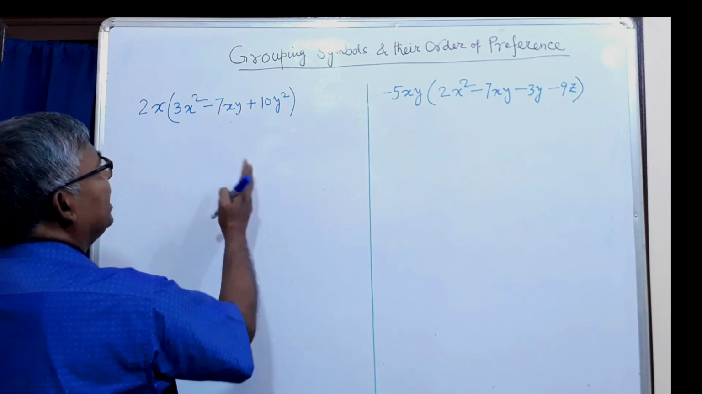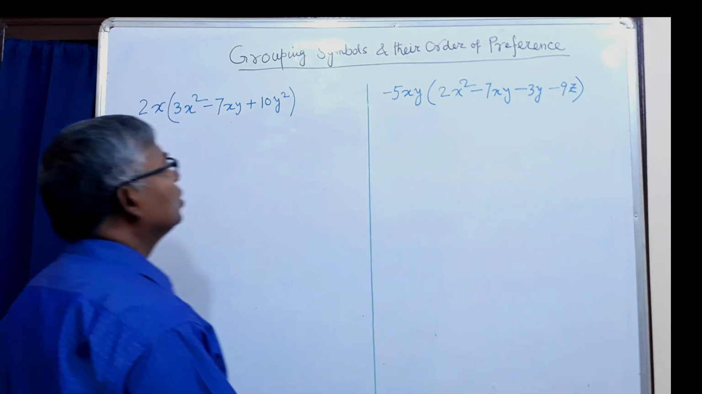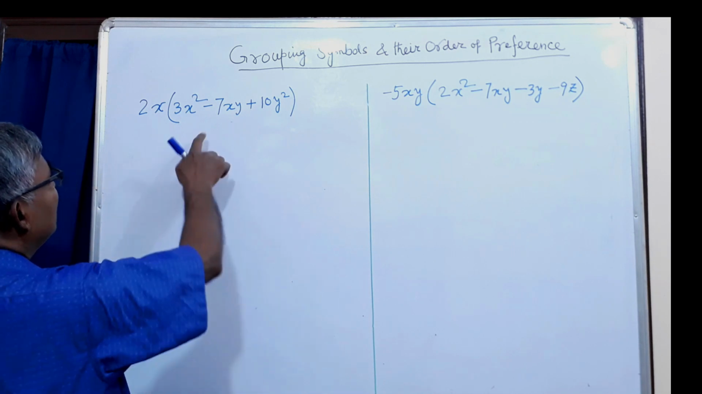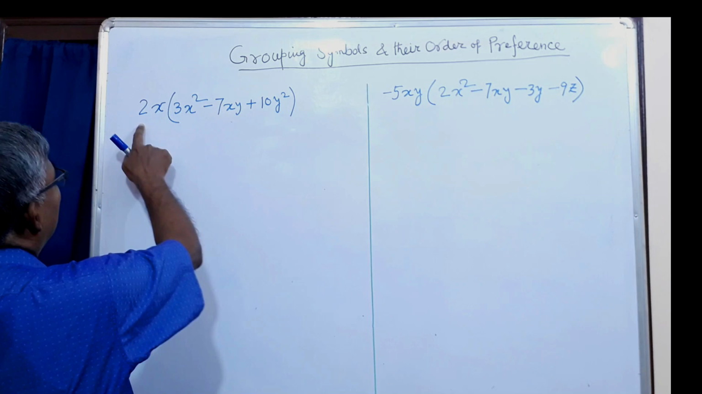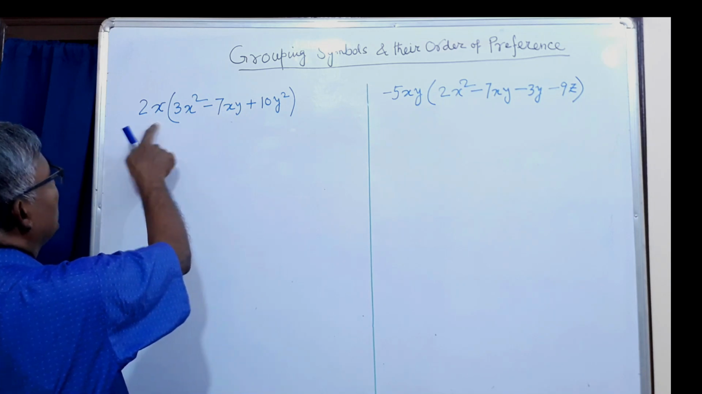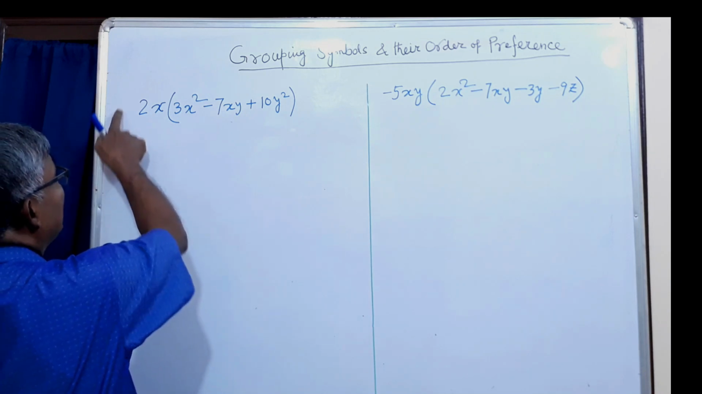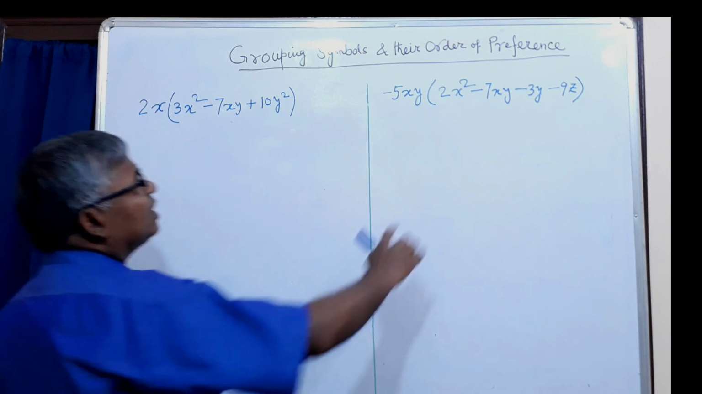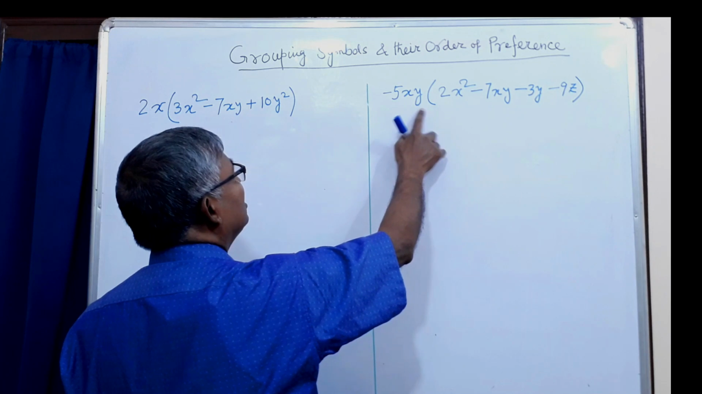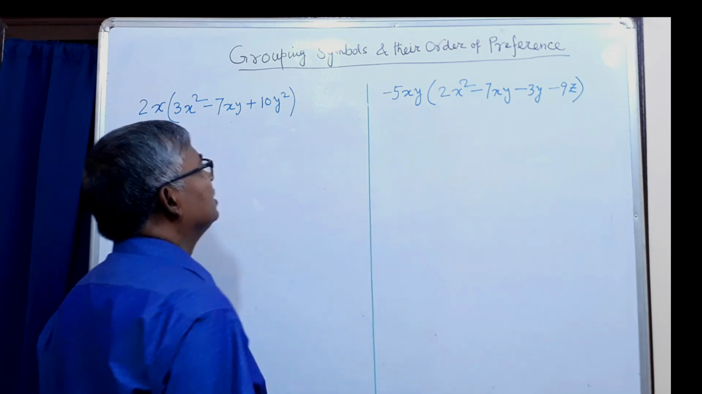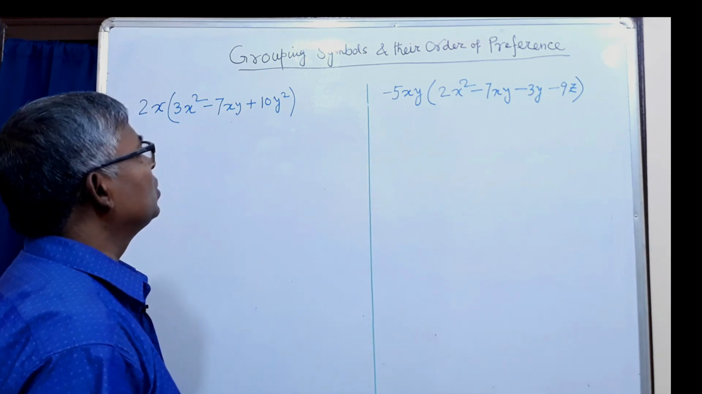Suppose here two problems. Here this expression is multiplied by this monomial 2x, and here another expression is multiplied by a negative number, minus 5xy. Just I want to